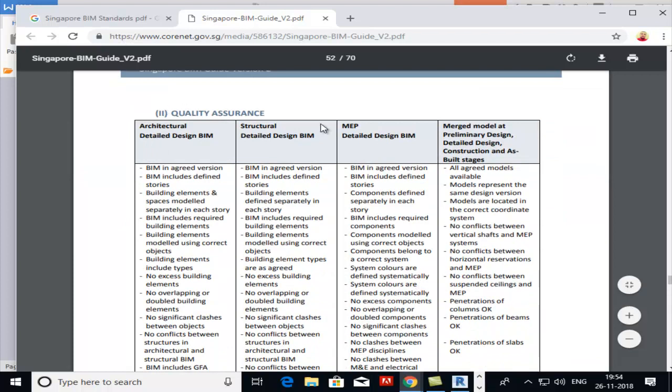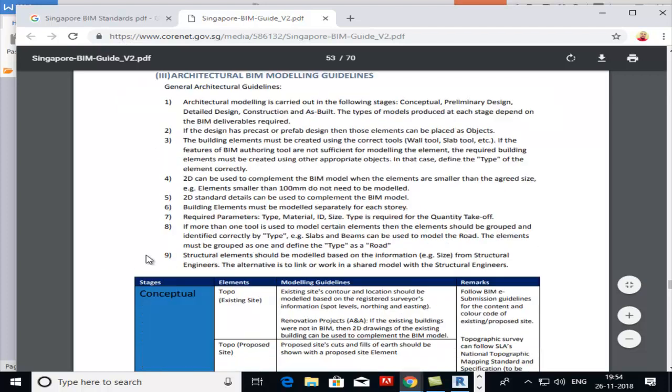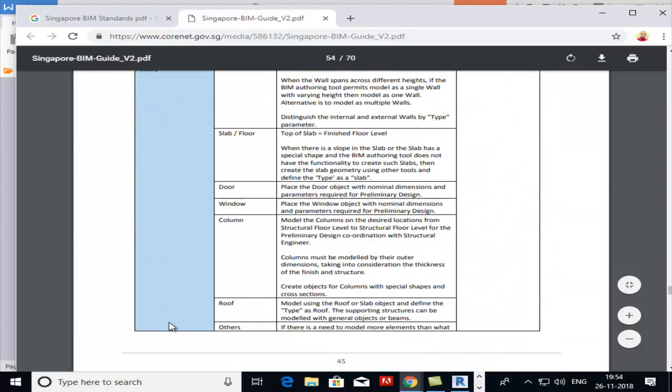Now this is basically the quality assurance. BIM is an agreed version, includes defined stories, and so other things. Architectural model is carried out in the following stages: the design of precast, and so other things. So now